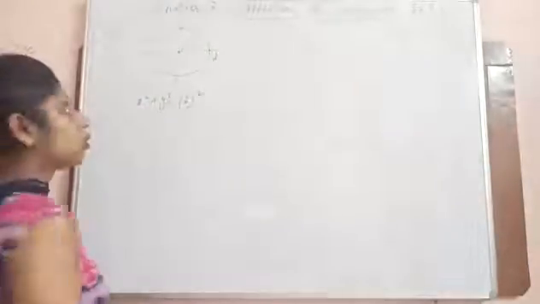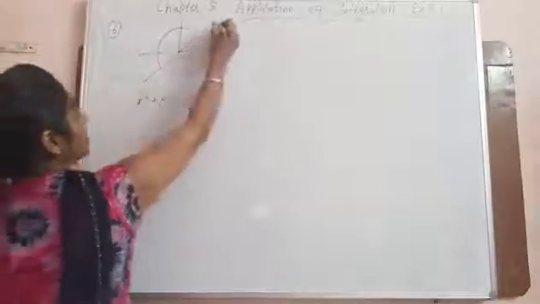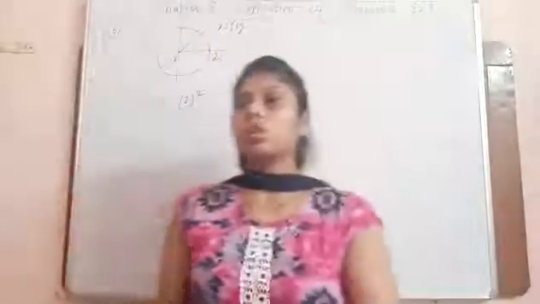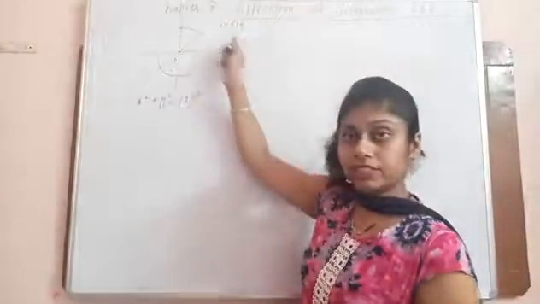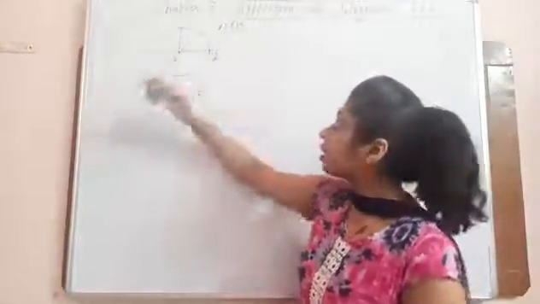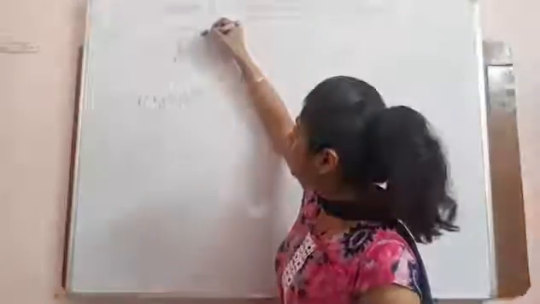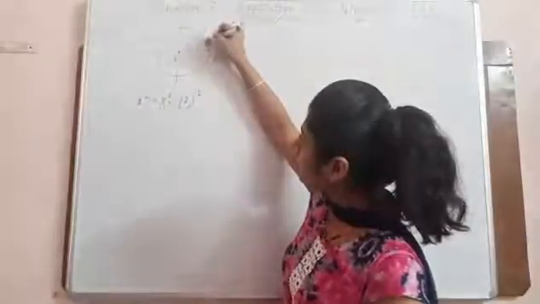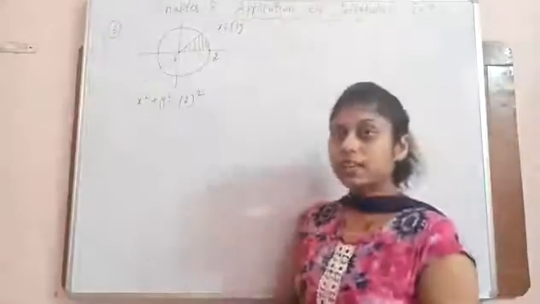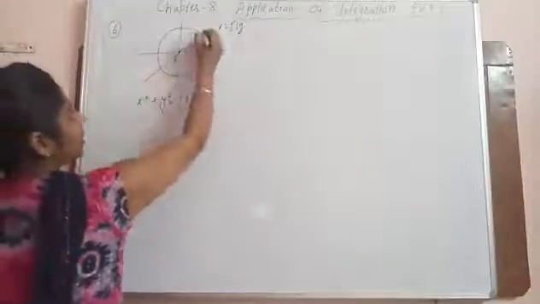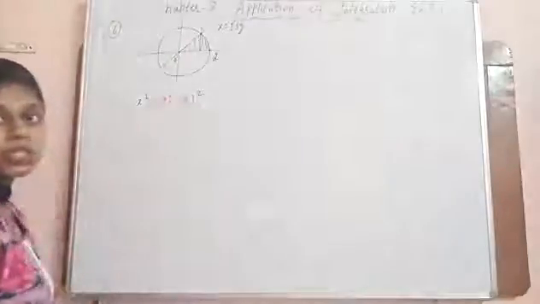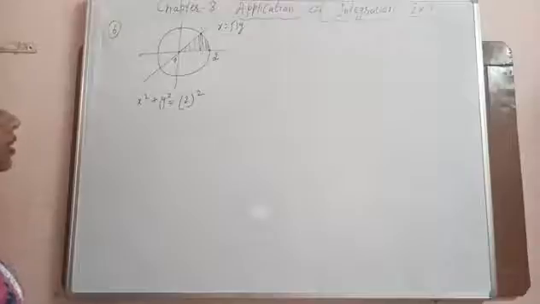R is 2. This is 0. And this is the line x equals to root 3y. It passes through the origin because 0, 0 satisfies this equation. Now we have to find the area, this curve, line and x-axis, means to say this area. Now see clearly, this area is under this line and this curve, means to say this area is divided into two parts.